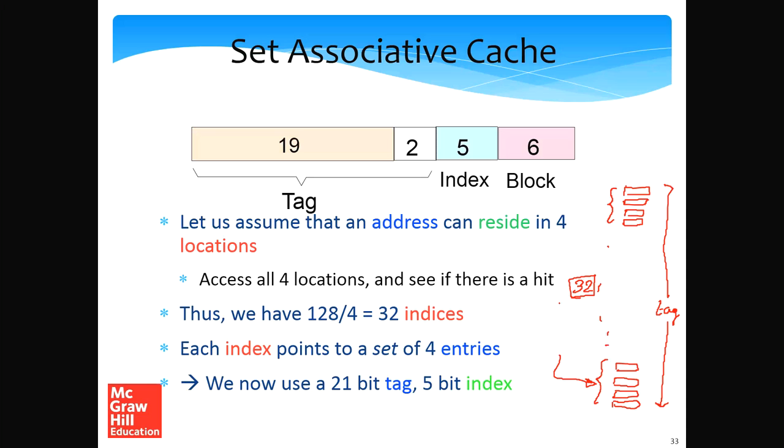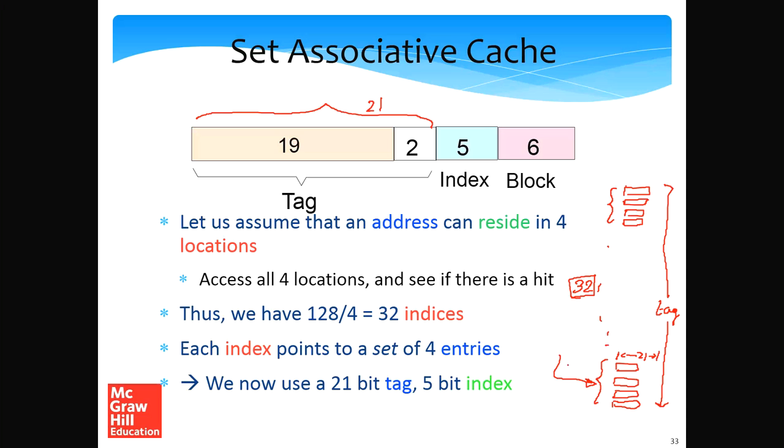After this, we compare the remaining part of the address because these 5 are fixed, right? On the basis of these 5, we have come to this set, so we need not consider it anymore. Then we consider the remaining part, which is 21 bits. The block address ideally was 26, but out of that 26, we took 5 out and we used those 5 to access a set. So all the entries in the set will have those 5 bits in common, so we need not store it. We take the remaining 21 bits, and so here we have a 21-bit tag,